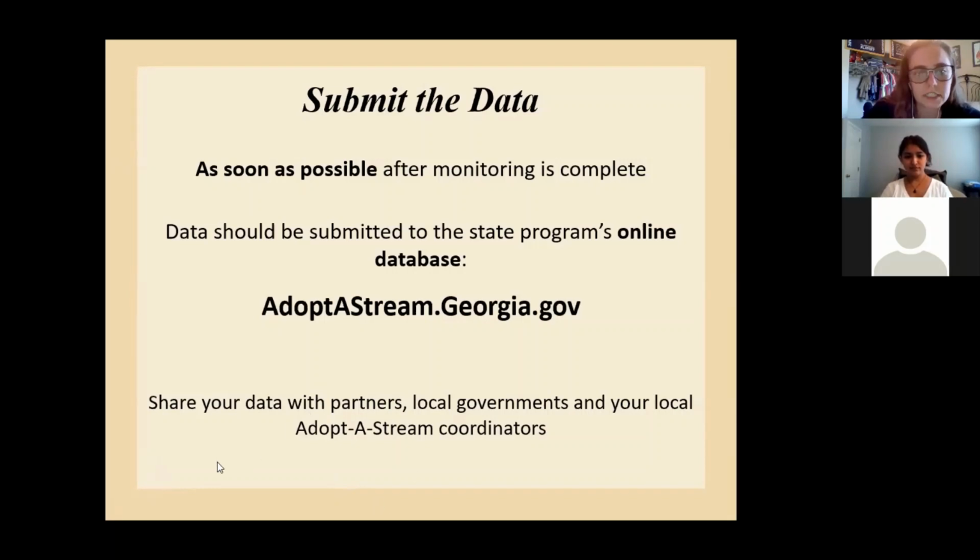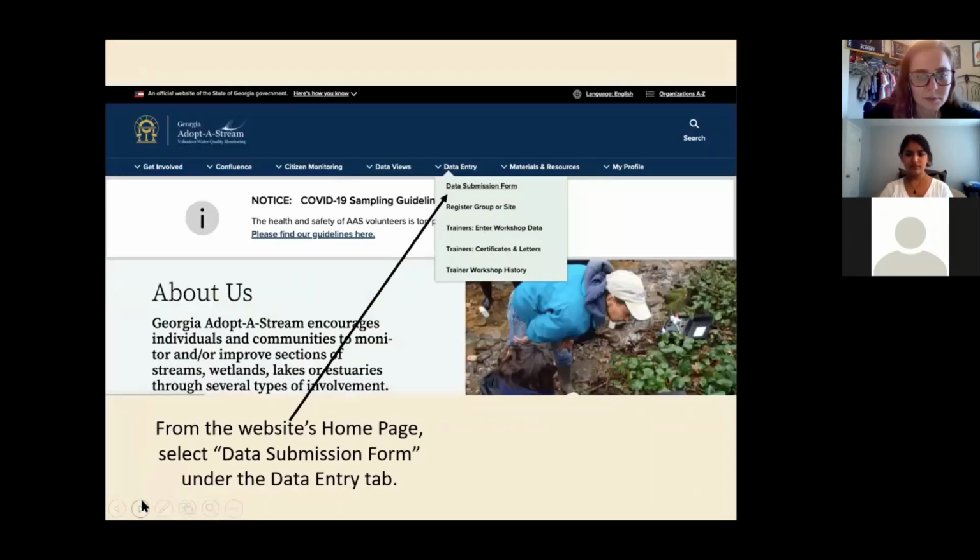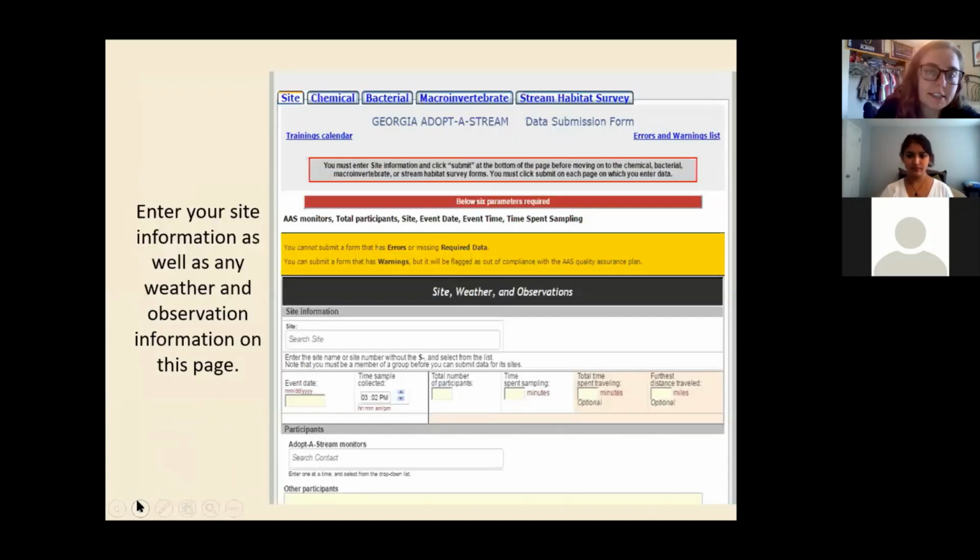And then I think there are some slides on here that are going to show you what that online data form looks like. So this is showing our main home page, and you see there's a data entry tab, and if you click that little caret or drop down, it'll take you to the data submission page. If you click on that, it's going to bring you here, and we're working on making this a little more easy on the eyes and a little easier to use as well. So hopefully we'll have those updates ready for you soon. But as it stands now, this is the data form.